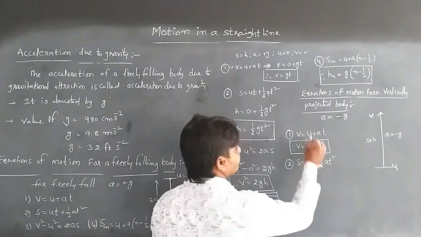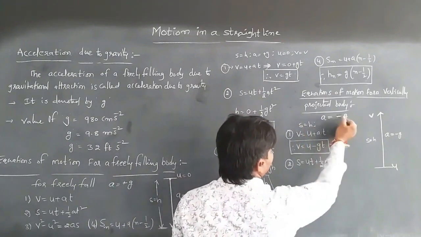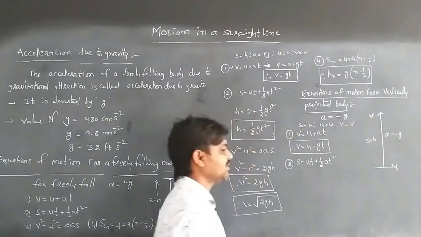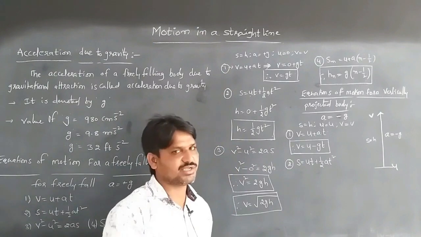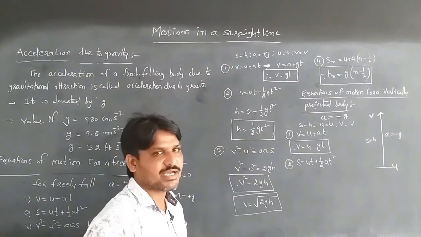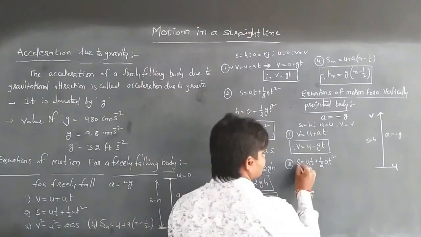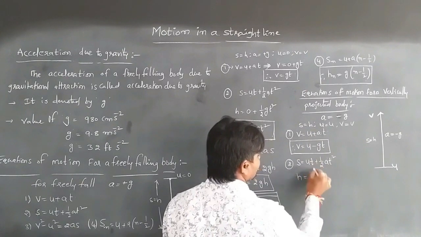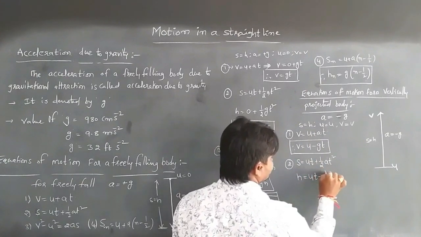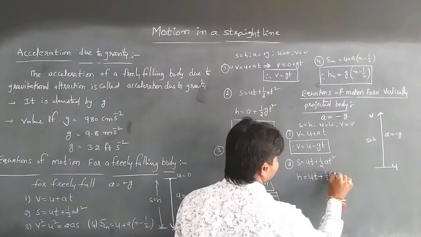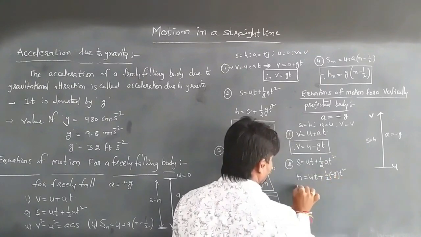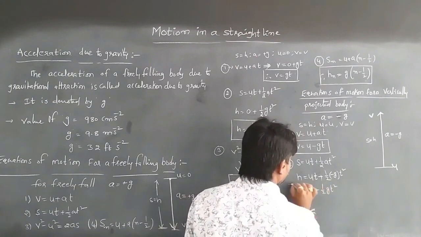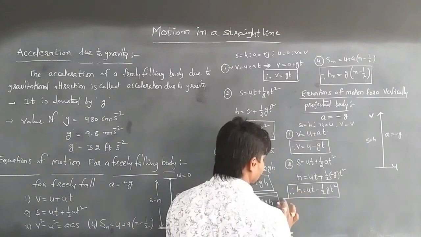By substituting s is equal to h, a is equal to minus g, and u is u, v is v, the velocities don't change, because whenever the body is projected it has both an initial and a final velocity. So s is equal to ut plus half at square becomes h is equal to ut plus half into minus g into t square. So h is equal to ut minus half gt square. This is the second equation of motion